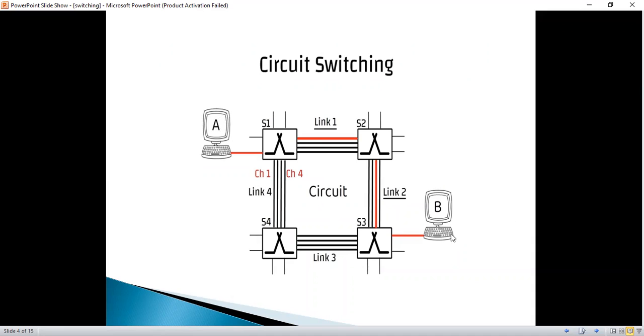अब जब A को B से बात करना है तो switch 1 will make up a link to switch 2. Okay, the device is not over here, then it will make a link to switch 3. Okay, the device node B to which A needs to communicate is over here. So ये switch 3 जो है इनको लिंक करवाता है, और node B जैसे ही एक्नॉलेज करता है तो इन